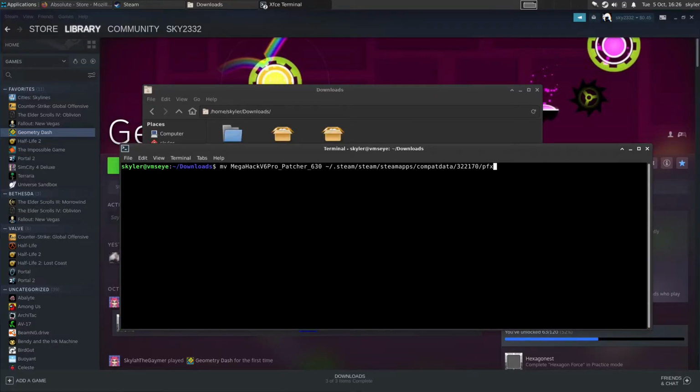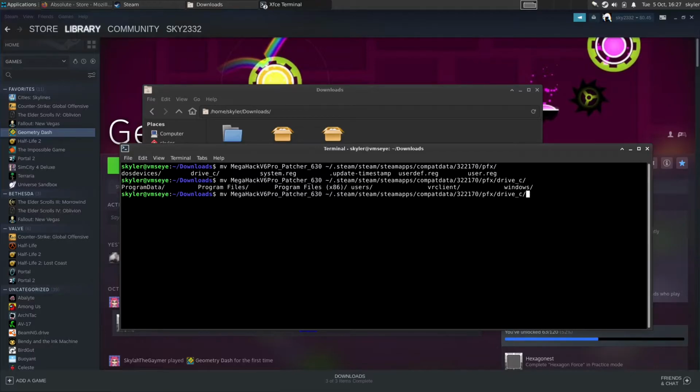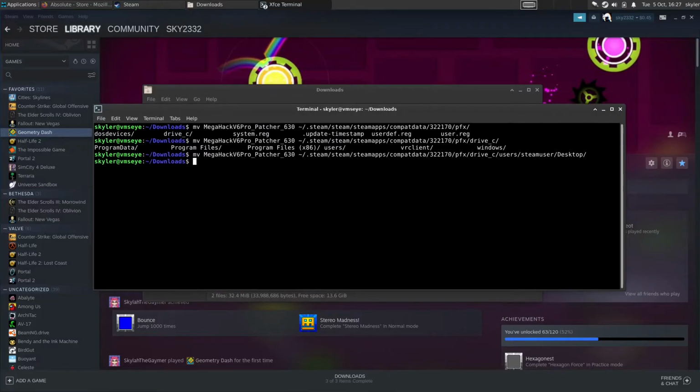And then GFX and drive C and users, Steam user desktop. There. And now we can install it. So let's go to